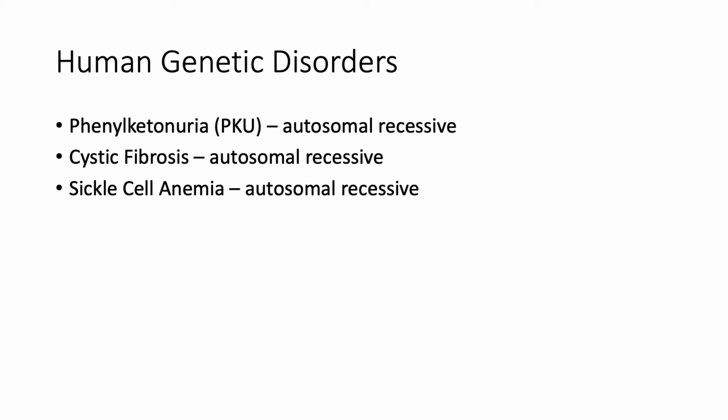Now, Tay-Sachs disease results from a mutation in an enzyme that normally breaks down lipids, which can cause their buildup in the brain, which may cause actually a lot of issues, including seizures, blindness, and potentially death.